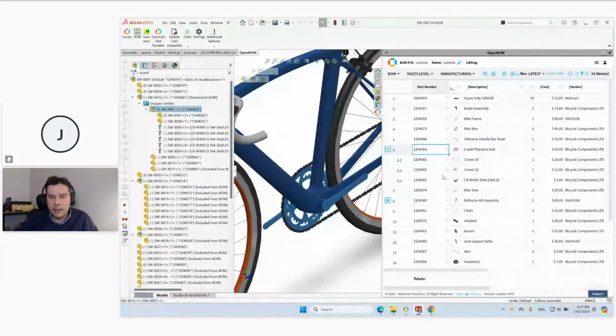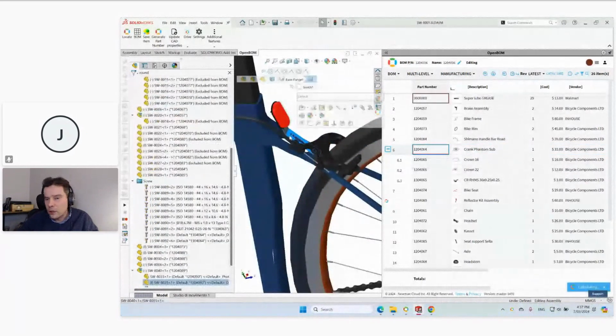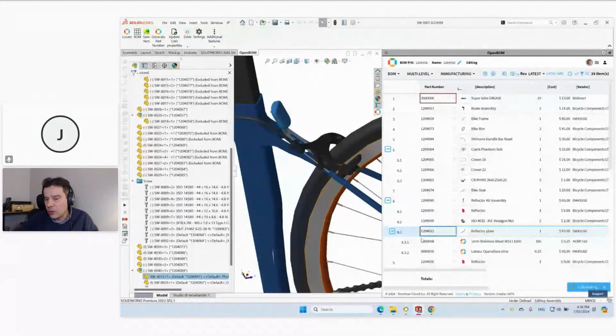So let's focus on another area of the bike, which is a manufactured item, the reflector. Notice that we are bringing just from SolidWorks those three items. So it's the reflector plate, and those two items over there, the bolt and the reflector. But someone can already be updating raw materials from procurement. So from SolidWorks, you send up to the reflector plate, and then someone in real time can be adding material quantities in different units of measure. So you can really work concurrently on a single bill of material with CAD items and other non-model items,